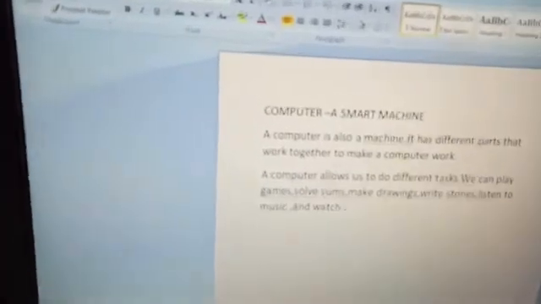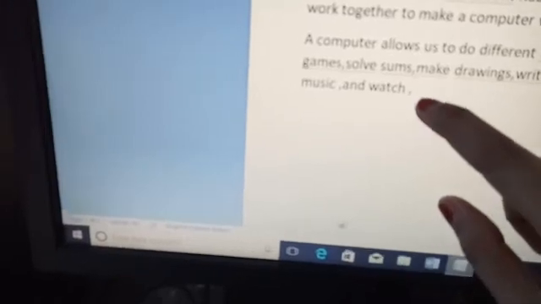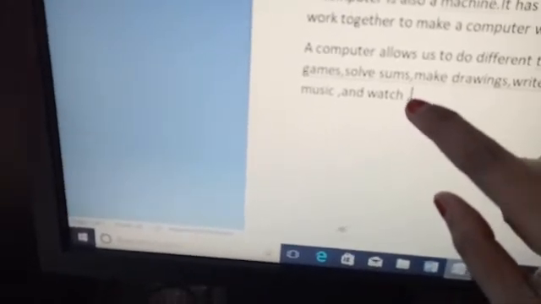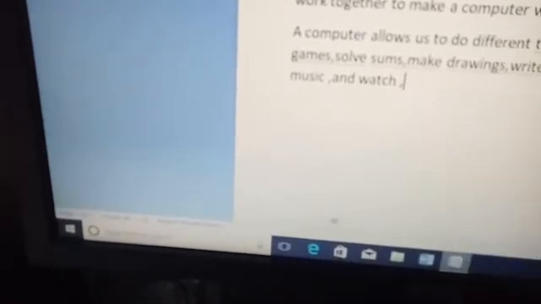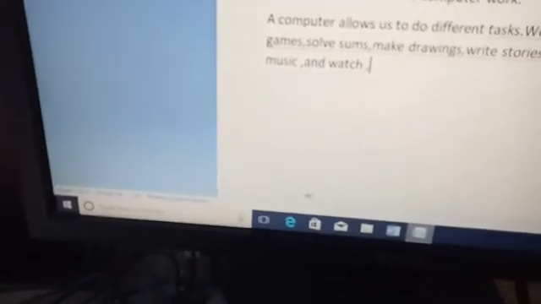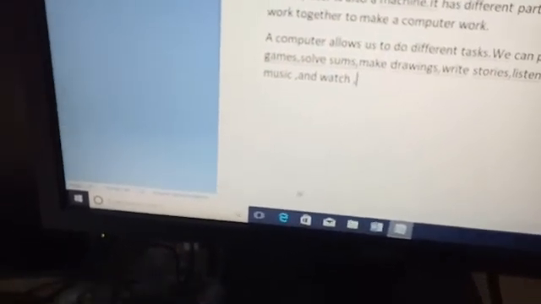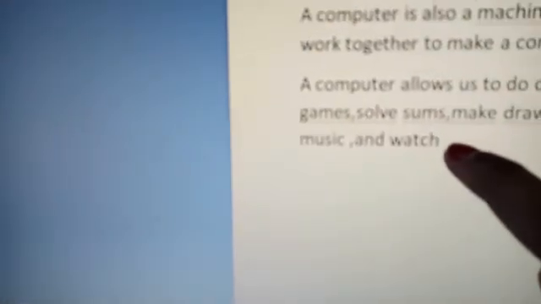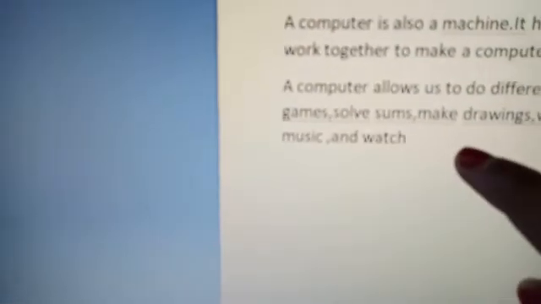See students, if I have put here comma, so it is wrong, so I have to erase it definitely. So when I am going to erase, which key should be used? Of course students, to erase this mistake I have to use this backspace key. After pressing once, this comma has been removed from here.